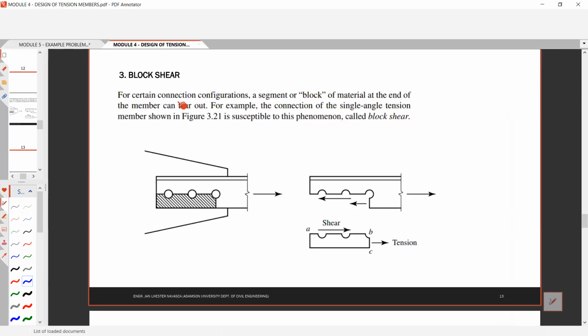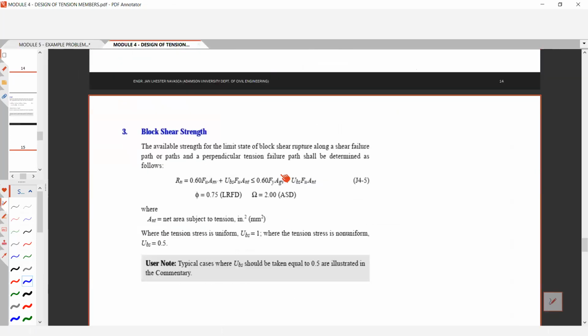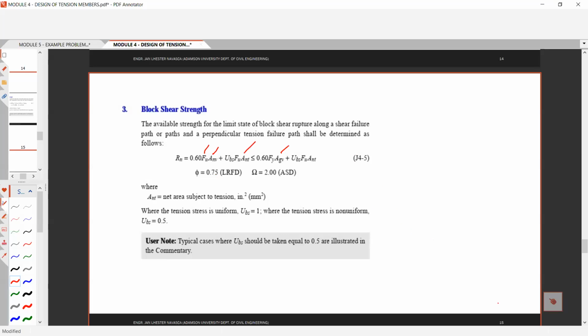So going back to the formula for block shear, you have FU for A36, you have ANV, which we solved for the net area in shear. You have your ANT, the net area in tension. You have AGV, the gross area in shear. Therefore our problem is now solved. So what you have left is the UBS factor. UBS equals 1 or UBS equals 0.5.